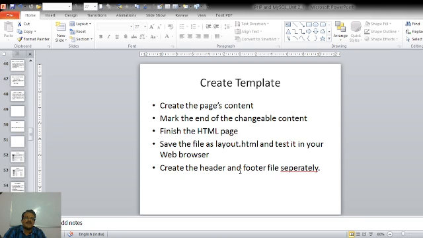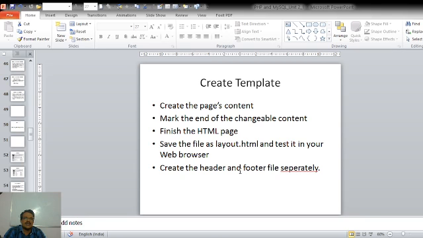Then mark the end of the changeable content. After that, we finish the HTML page and save our file as layout.html, and we will test it using our favorite web browser.